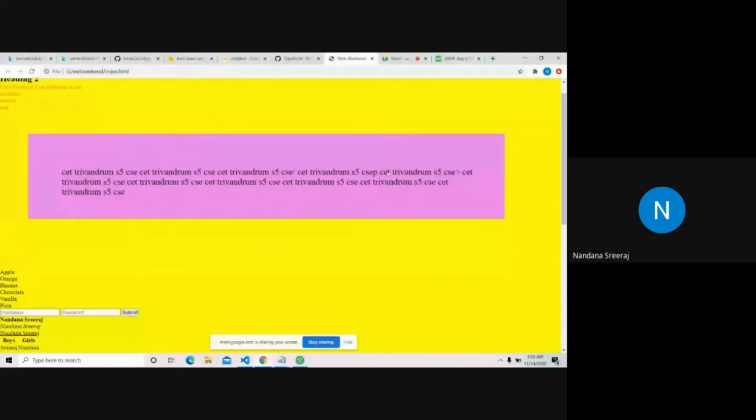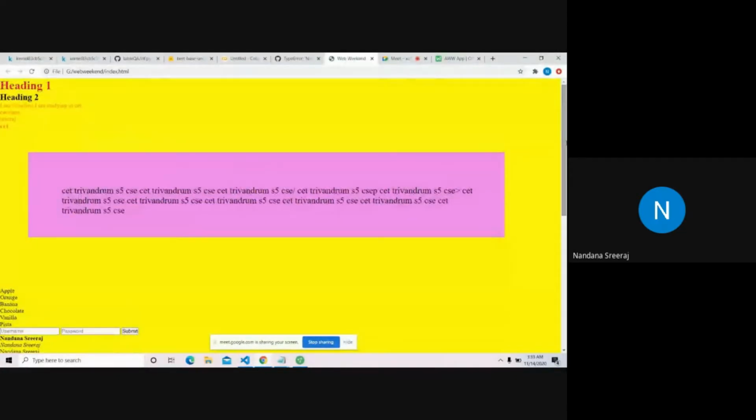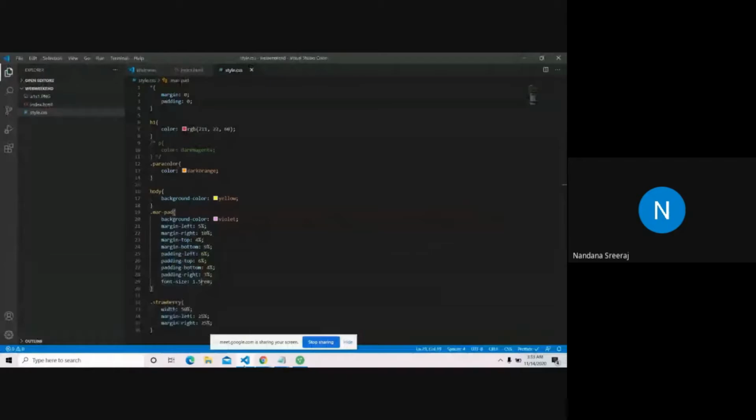Okay, looks cool. So I increased the font size. This looks neat and tidy. And now I need to increase the font weight, as in I want to make it a little bit more bold. For that, we have something called font weight. It's actually the weight, as in we are going to make it look a little bit more heavy. So for font weight, I'm going to give 700.